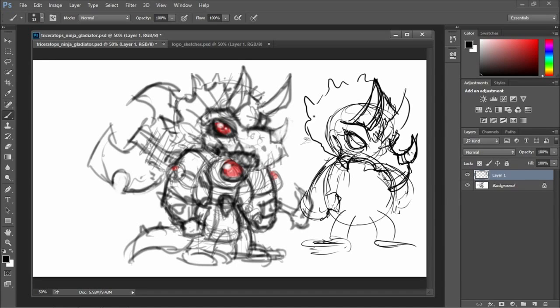Yeah, and even as a teacher, I tell my students when you're working on it, you really just want to be loose and just get that shape of the character, get the silhouette going, get the general shapes going, and then you just start going in and working on top of that and building it up. You don't have to be